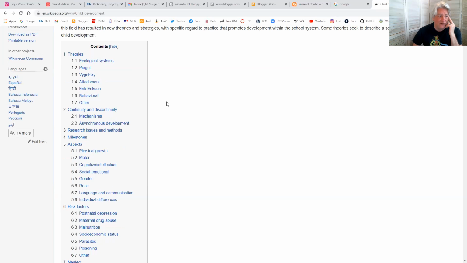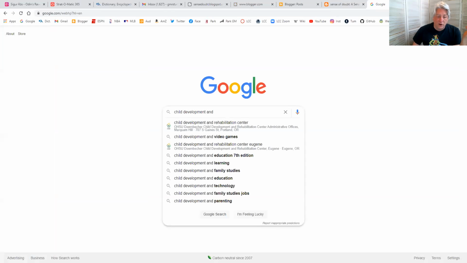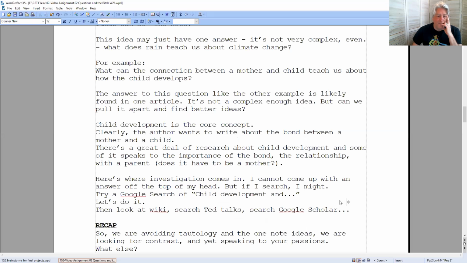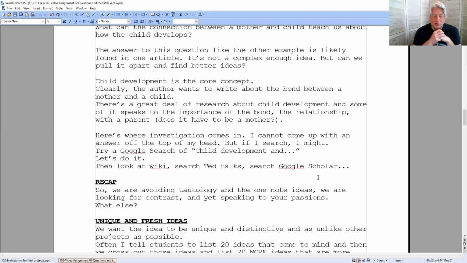We also see some of the key people that have studied it, Piaget, Erik Erikson. So you probably want to look at that, see what kinds of things that they've said and written about, and that may be really helpful to us in deciding where to go with that idea. The idea is to get a good starting place for your idea, where you have some direction already.